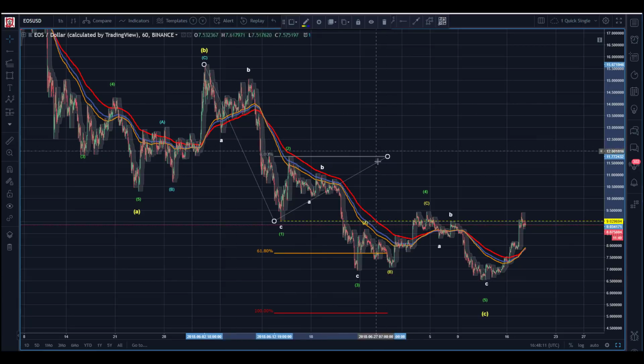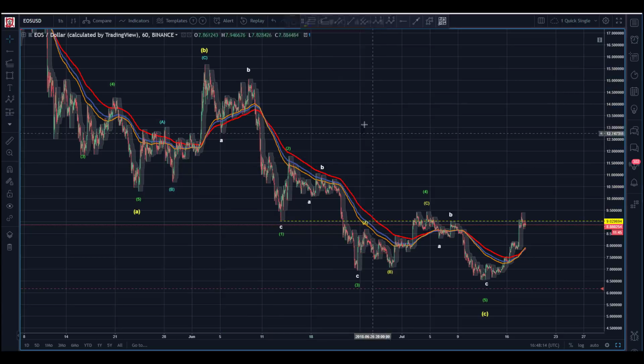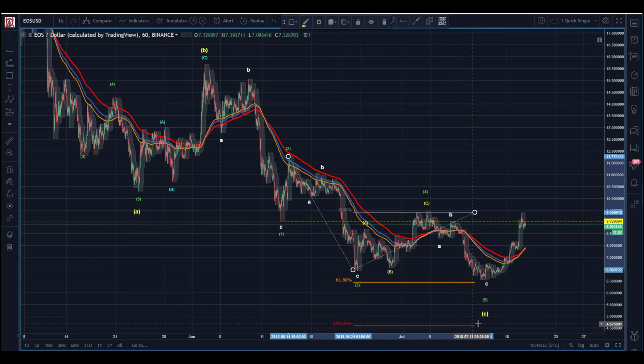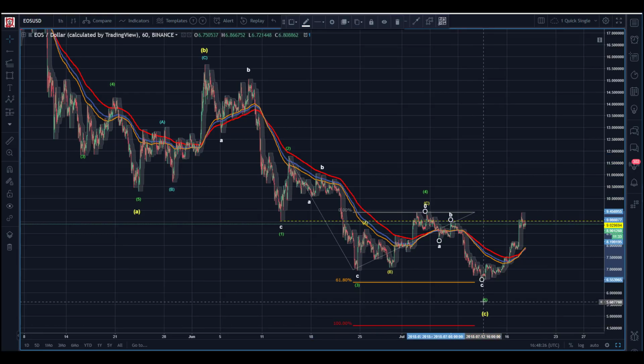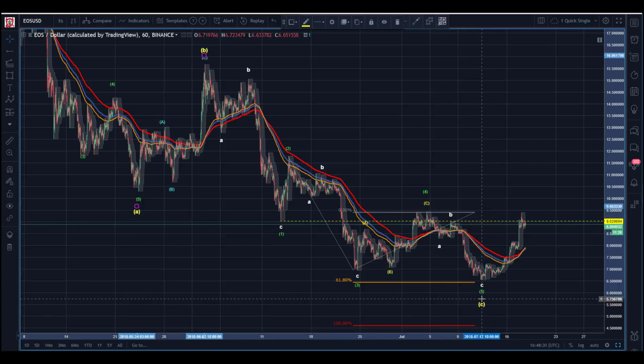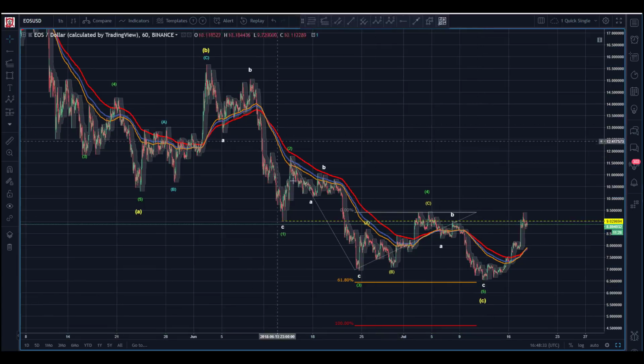So if we take that same measurement and look at the length of our 3rd and compare it to our 5th, I would do the same thing. I'm going to take the length of my 3rd, and project it from my 4th. Here would be 100% the length of the 3rd. So my 5 wave here, if I have this labeled correctly, giving us an ABC down here, this completes my C, giving me in green a 1, 2, 3 ABC into my 4.